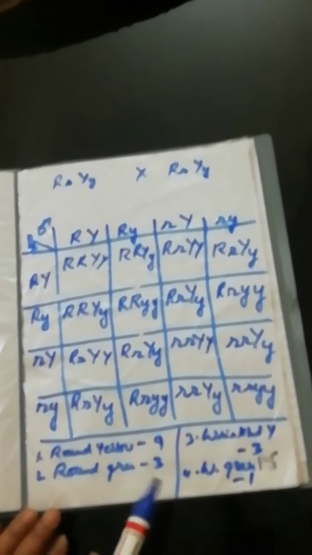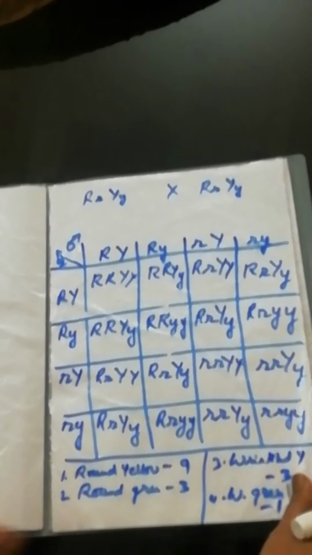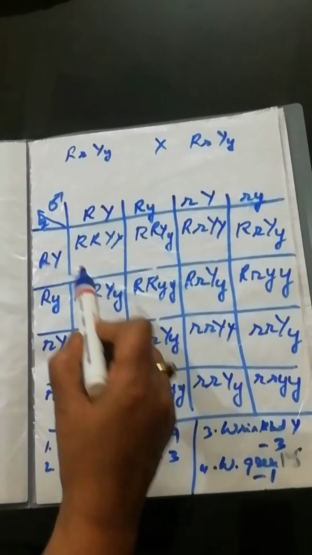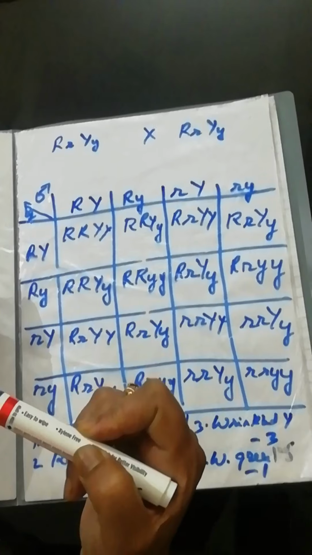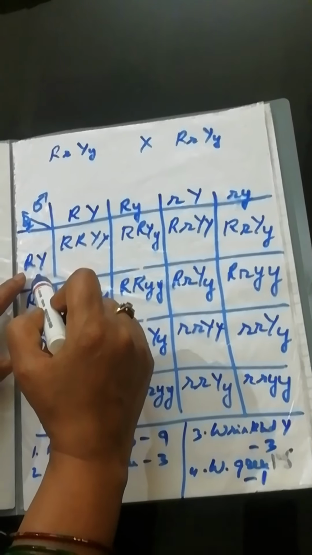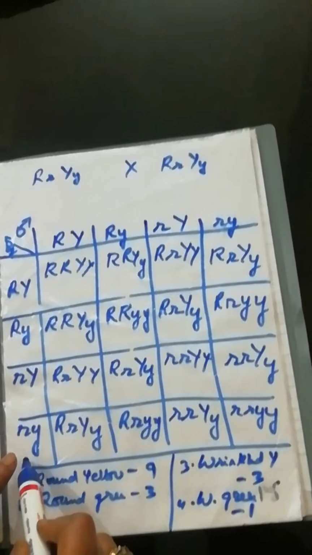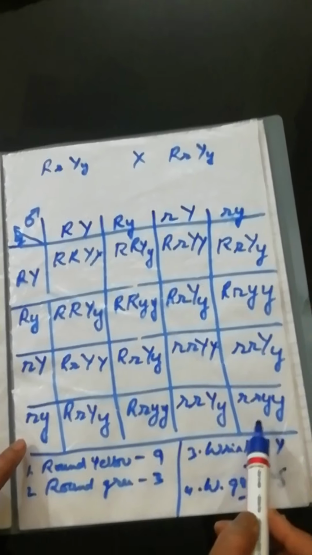And you can notice one more thing, that in this row all are round yellow. Why? And in this row also all are round yellow. Because in this row, this is the gene which is with this also, because both are dominant alleles. So all will get dominant alleles in this row also. This is providing the dominant allele. So in this row we will get all dominant. And this is recessive, this is recessive. So here we will get recessive. Okay. And the rest are as per round green and wrinkled yellow.